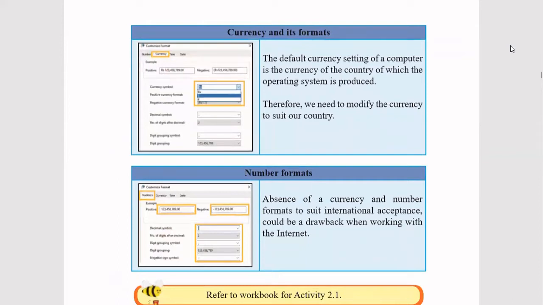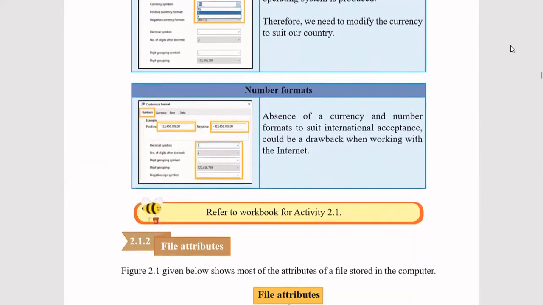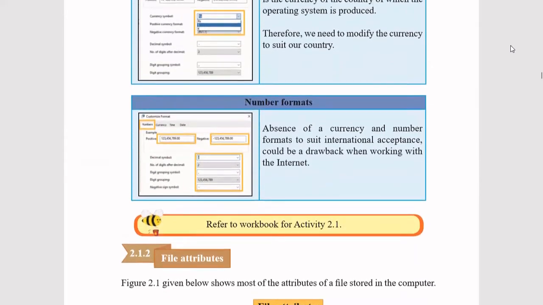Currencies, I told you different currencies are there, so it's important. Normally, the default currency will be the currency of the country where the operating system is produced. So it's better you change it to local currencies, right? The next thing is number format, right? It's also, as I explained, a very important thing. So I will show you how to